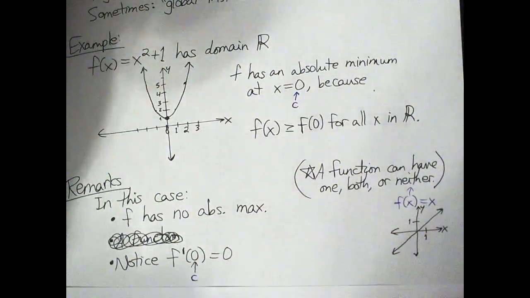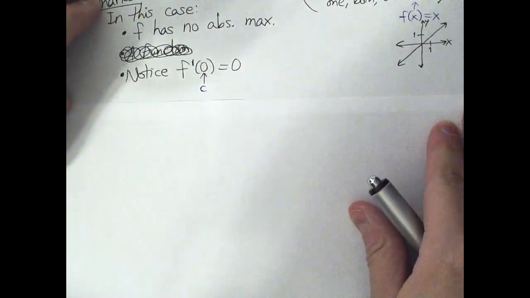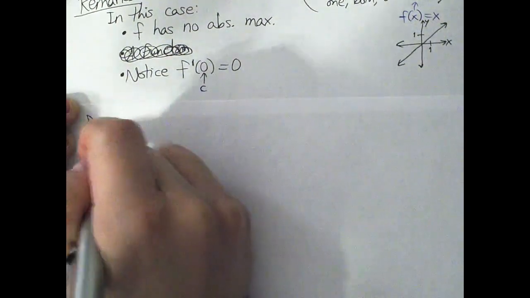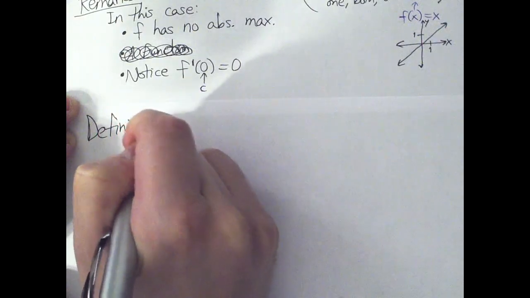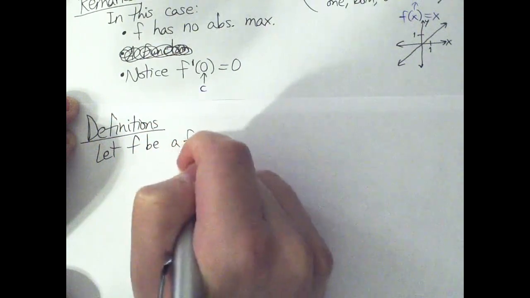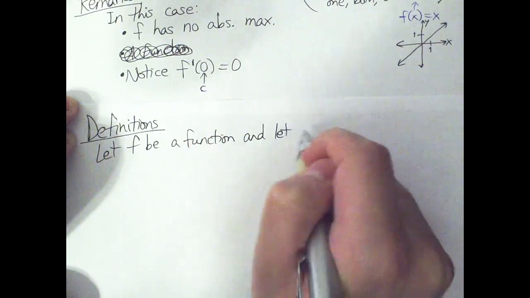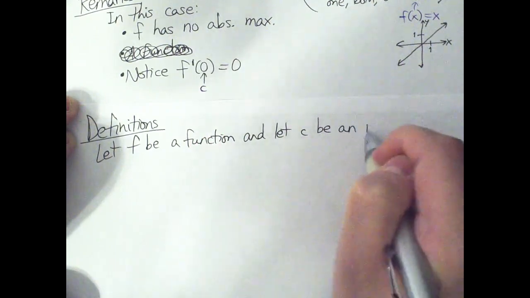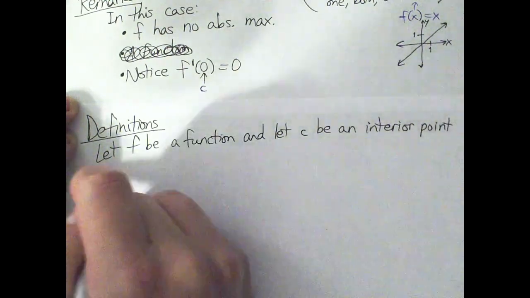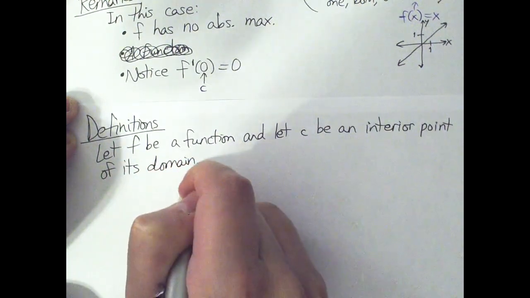So let's move on. We talked right there about absolute maximum and absolute minimum, but there are also other types of maxima and minima. So, definitions. Let f be a function, and let c be an interior point of its domain, then,